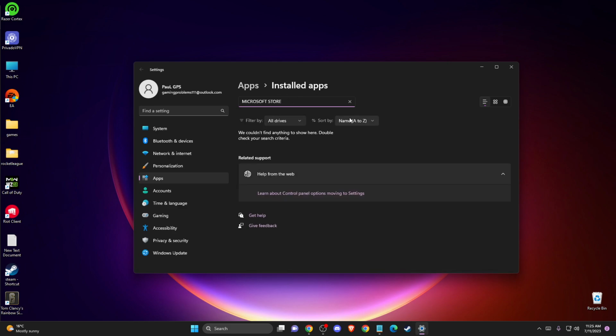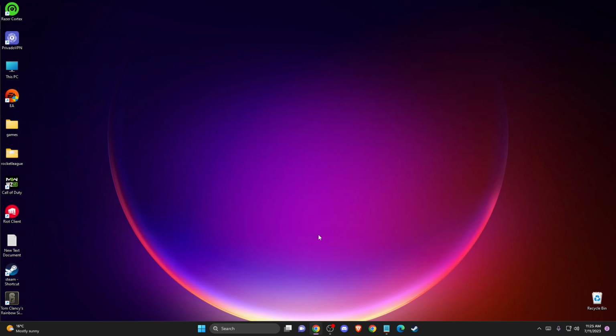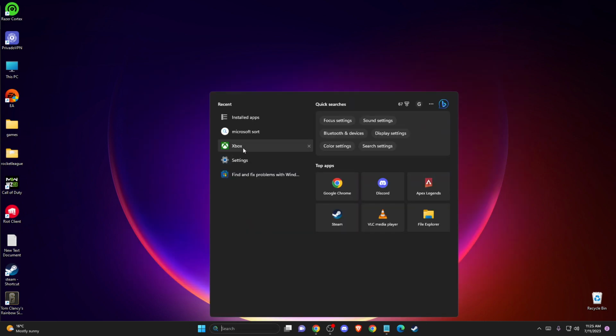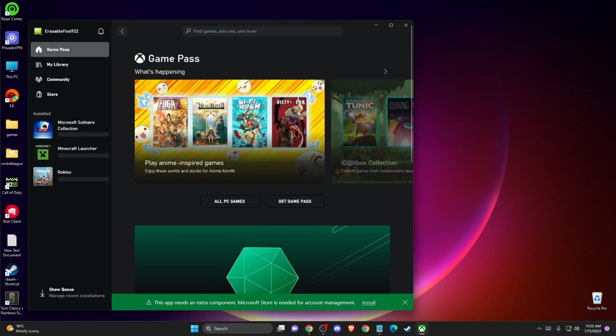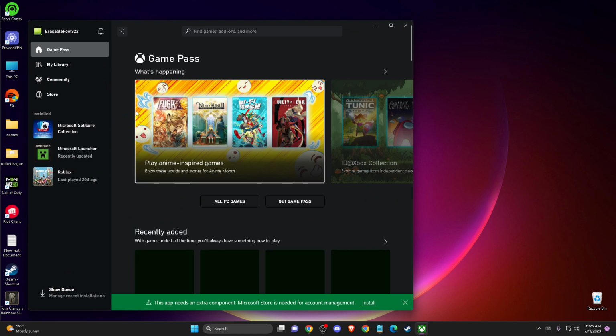So if I go on installed apps, as you can see here, and if I write Microsoft Store, there is no Microsoft Store. And if you want to install it, you just need to go on search, and then you need to just go to Xbox, as you can see here, app here. And once you are on the Xbox app, if you don't have a Microsoft Store,